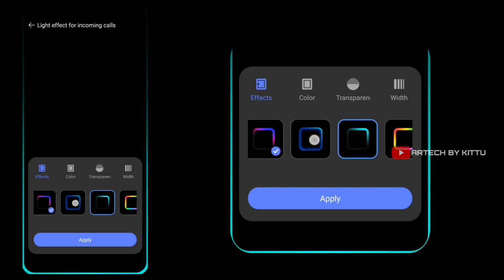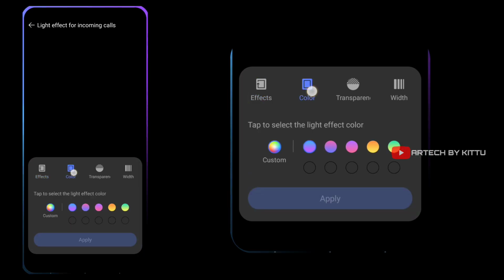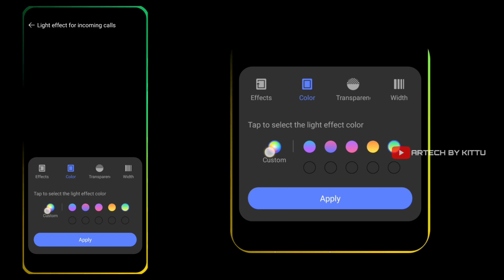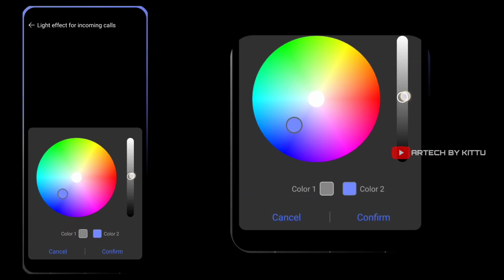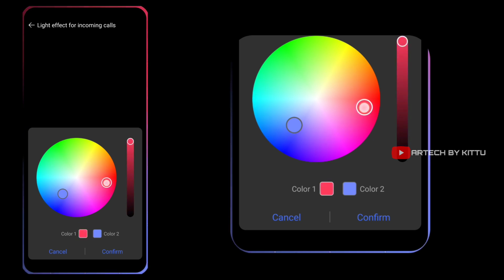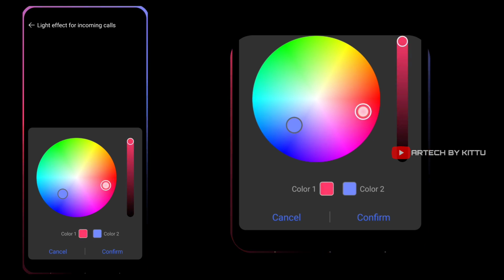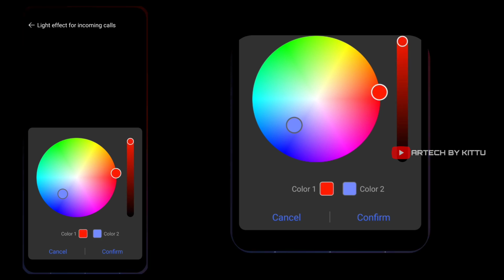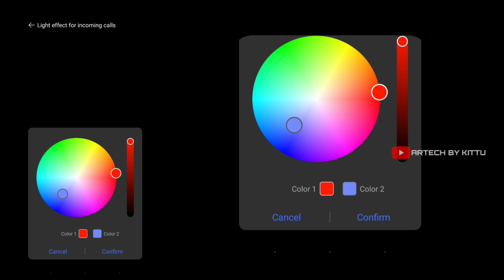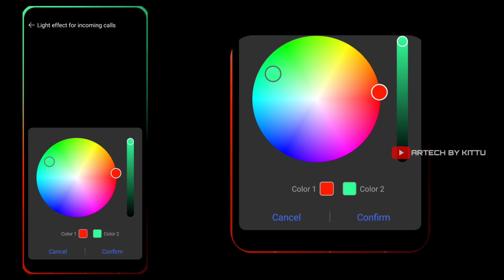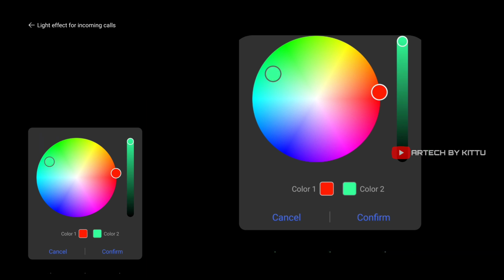Now you observe my mobile corners. It looks like a shining line appears like this. For these ambient light effect lines, you can customize the colors also. You can click on the color option and change the color to see how it looks. The preview is awesome. Actually the feature is awesome. You can use 2 different colors for one ambient light effect. This ambient light effect is awesome guys. If you get this update, please check this feature once.